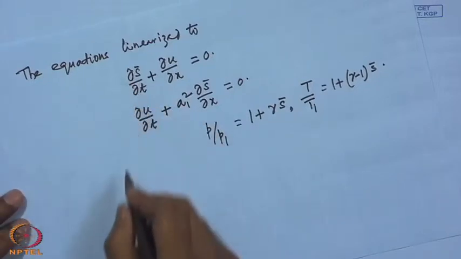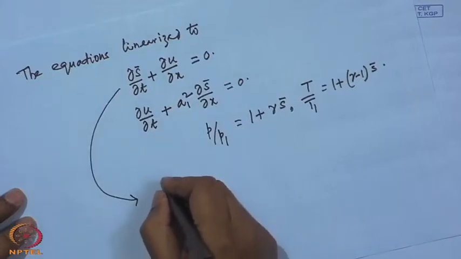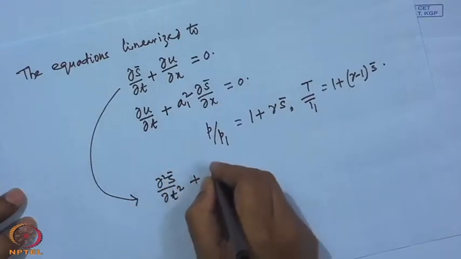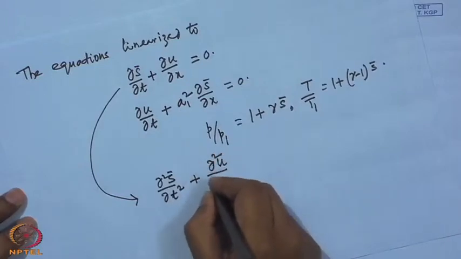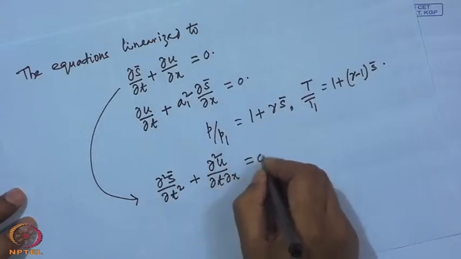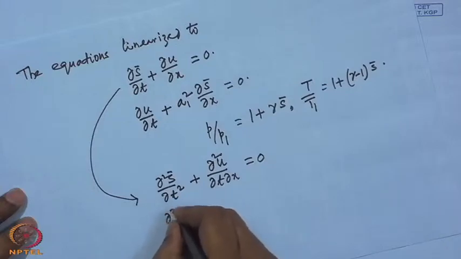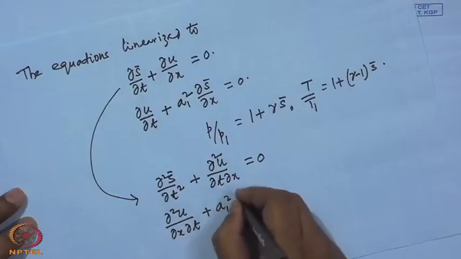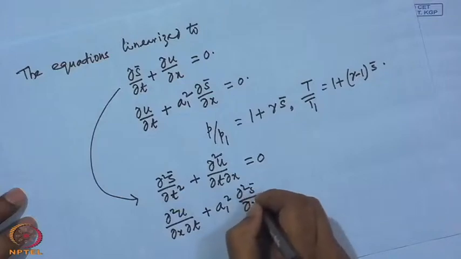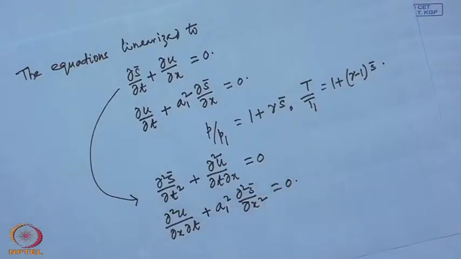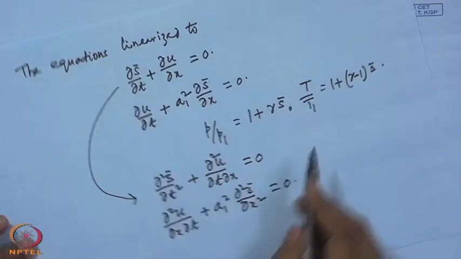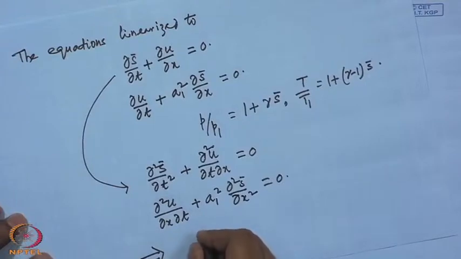Differentiating the continuity equation with respect to t, we have, and since the order of derivative in these two terms are immaterial, this results into